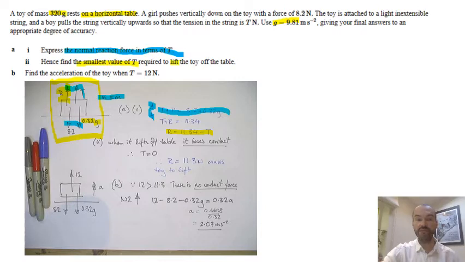Right, the smallest value of T required to lift the toy off the table. If the toy leaves the table, it loses contact. If it loses contact, there is no contact force. We are talking about the moment